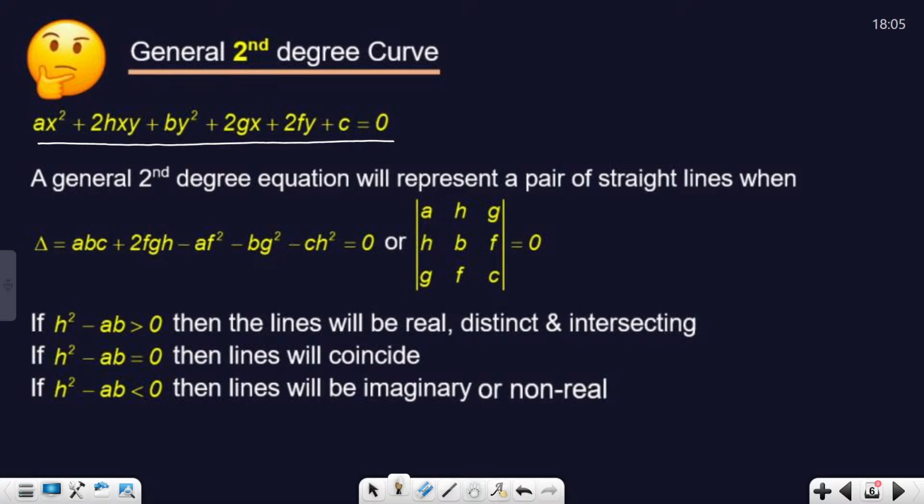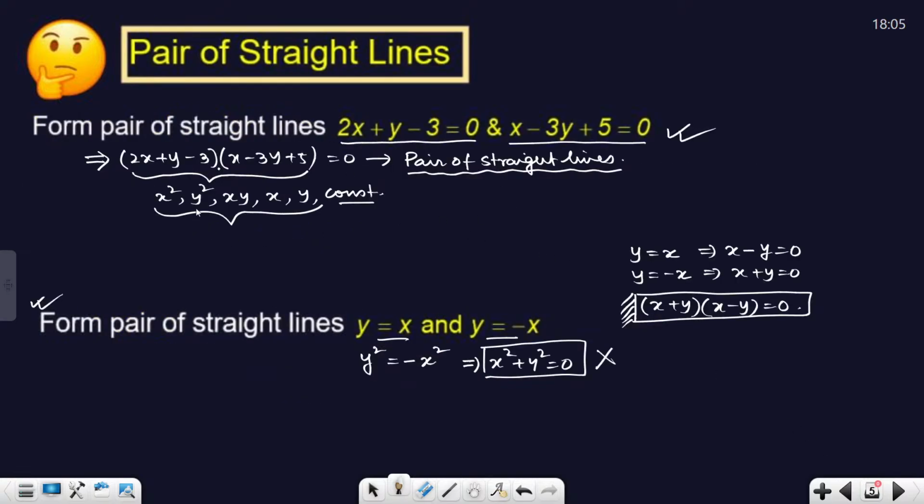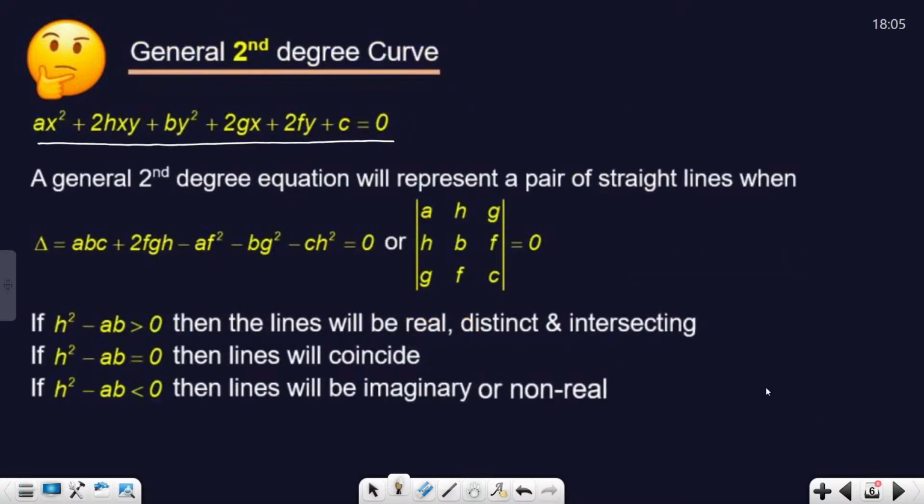Look at it very carefully. Are you not getting the same thing over here? Are you not getting the same form here? We are getting the same form here. Now, in this case, it represents a pair of straight lines, but not for every case. Now, when will this general second degree equation represent a pair of straight lines? It will represent one when